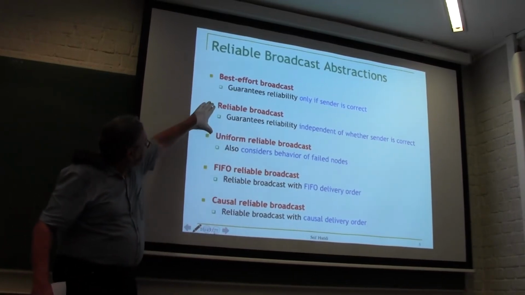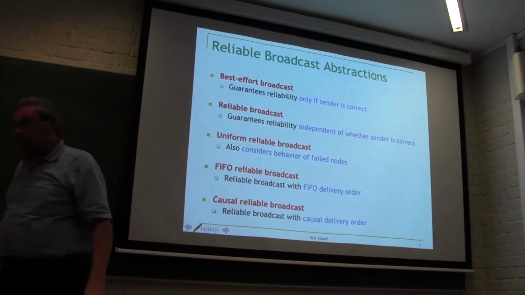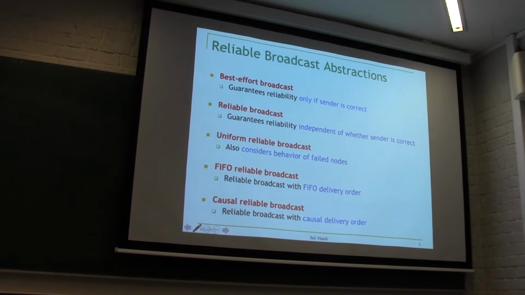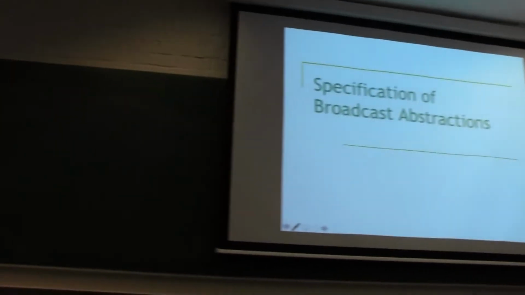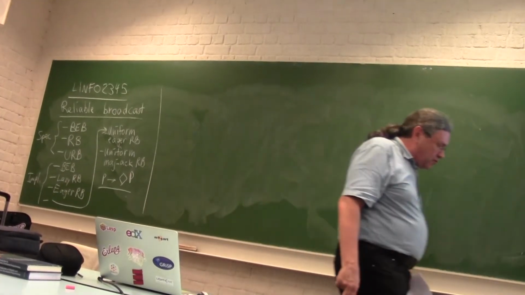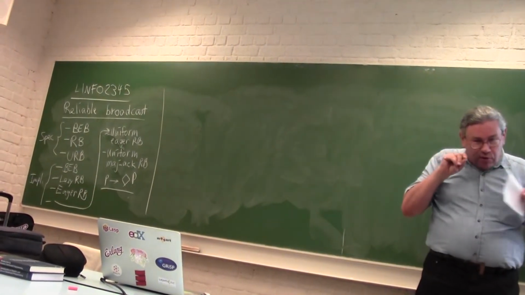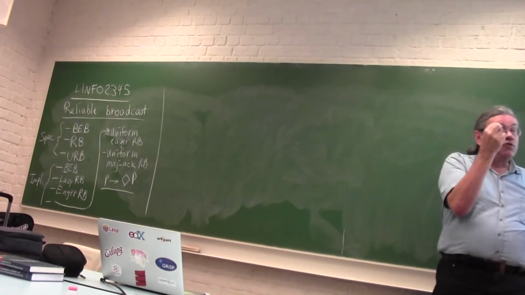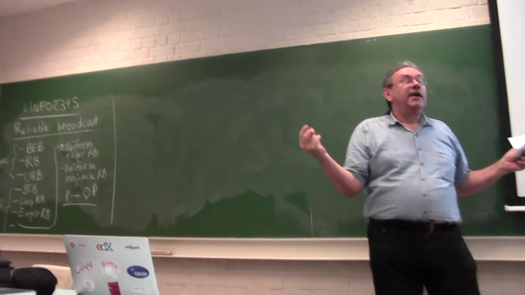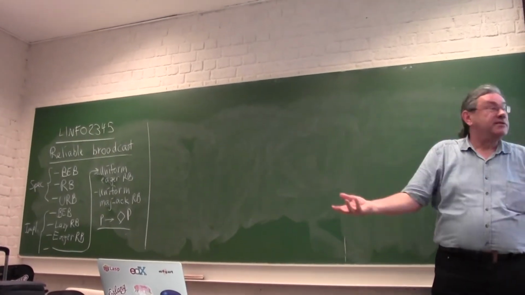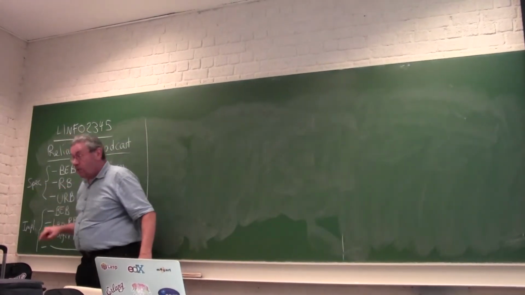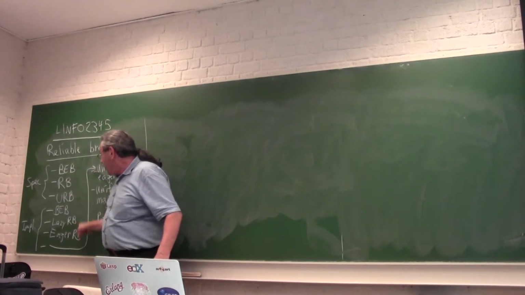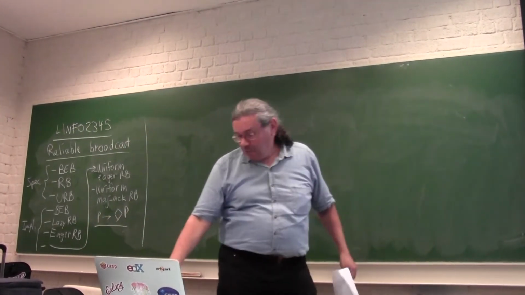So today I'm going to talk about these two, reliable and uniform reliable. So you'll know all about reliable and uniform reliable. We're going to do it in 2 steps. First I'm going to specify them, because for distributed algorithms small things can change a lot. It can even make it impossible if the system is asynchronous. So that means specifying is very important. We're going to specify them first, and then I'll show you the code, and we'll play around with the code.